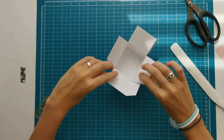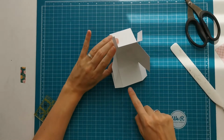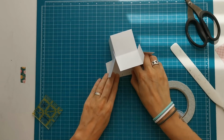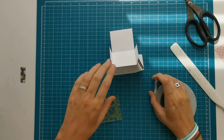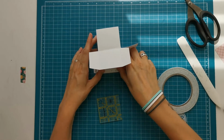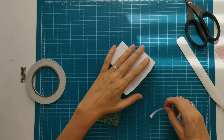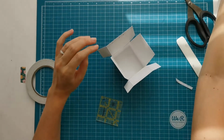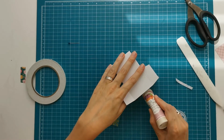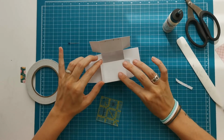And I am going to attach a little bit of double-sided tape along the edge here between the score lines. You don't have to apply any glue on these flaps. If you want to, you can do it, but I don't feel it necessary at all. I am going to use a little bit of wet glue on that flap there. So these are folded out, and I'm just going to push this in there